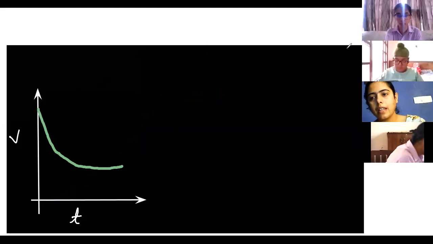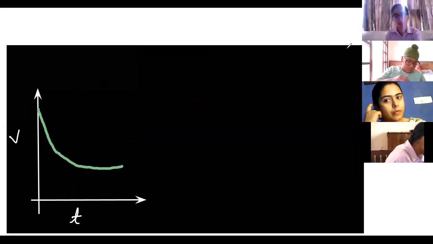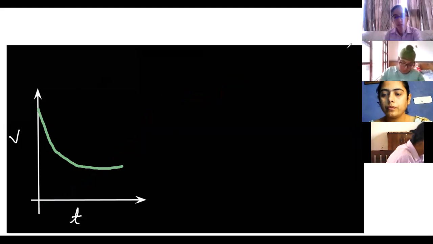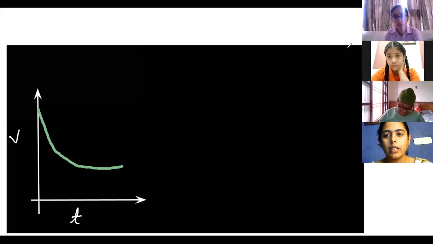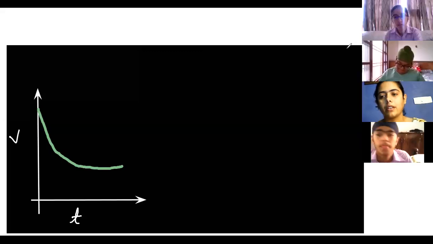Now, if you have the graph like this, then now this is also acceleration. One is negative acceleration. Acha, who is going to talk about this? What about this diagram? Hanji Jasmine. Ma'am, it is non-uniform negative acceleration. Very good. It is negative acceleration and it is the non-uniform acceleration. Very good.